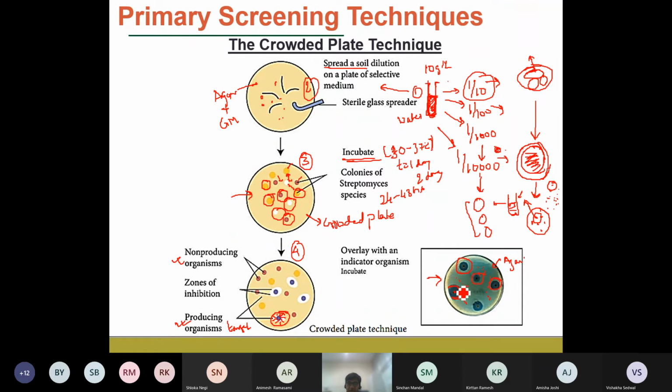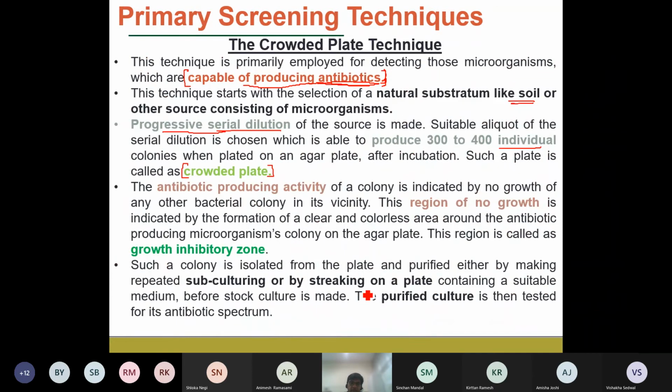Okay, so you are able to isolate 1, 2, 3, 4 and 5 colonies of that microorganism which is producing these antibiotics. And what you do now is take out this particular colony, and then we do the culturing of it, so that we can make a high concentration of that particular strain that can be developed into the industrial strains. Okay, so this is the overall step.